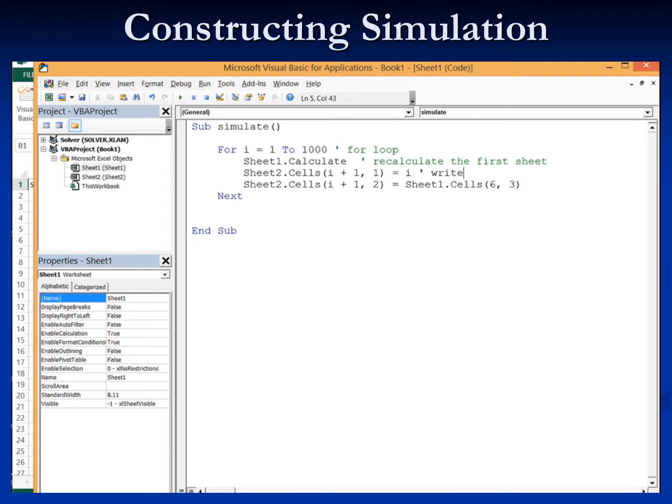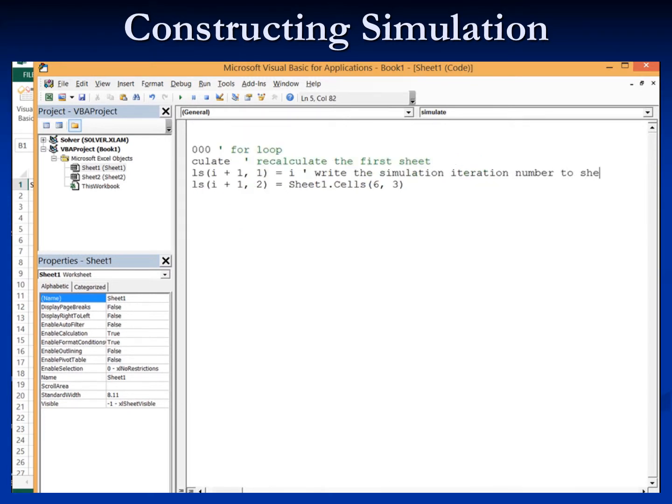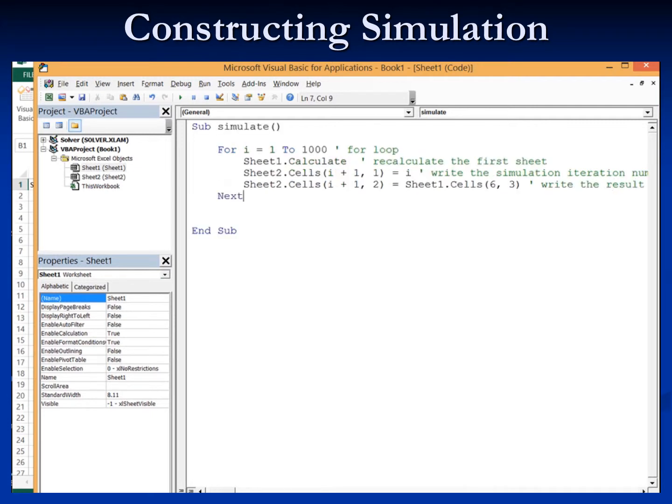Write the simulation number to the second sheet. Simulation iteration number to sheet 2. Write the